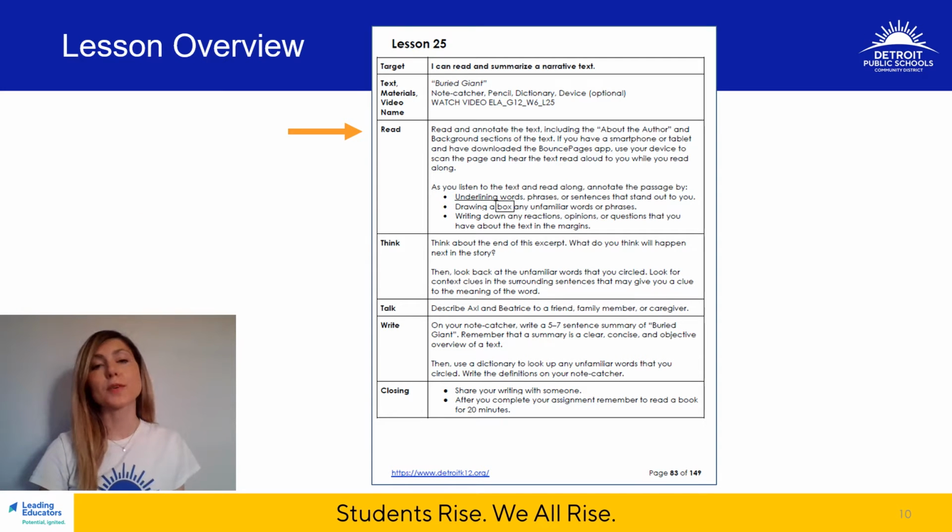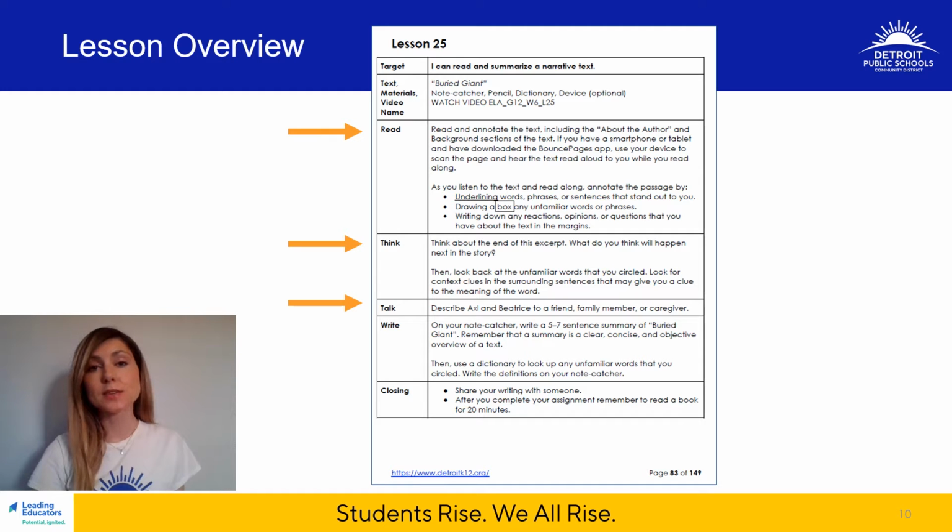Today we'll begin with a first read of the text. We are reading only an excerpt, which is a part of the whole, so keep this in mind as we're reading along. You'll keep the process of a first read front and center, which is noticing, annotating, connecting, and responding in writing. Next, you'll be asked to think about the ending of the excerpt and to make a prediction of what you think might happen next.